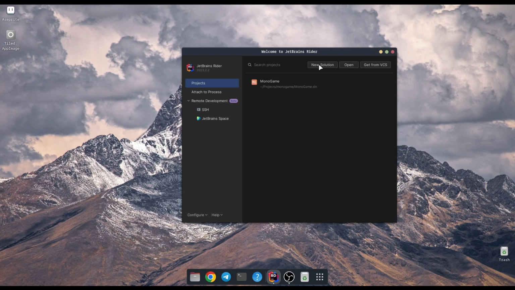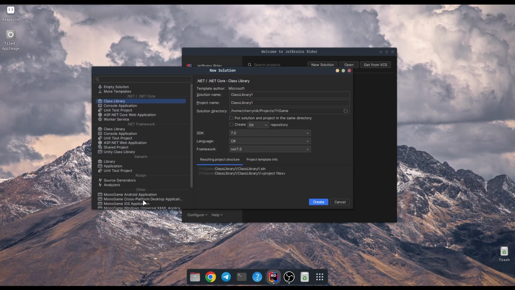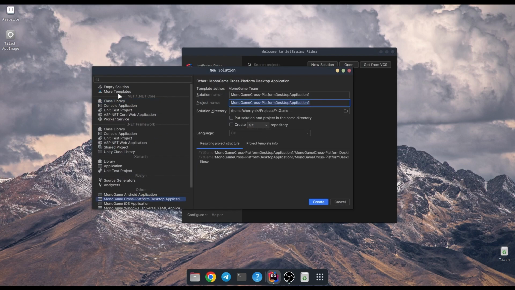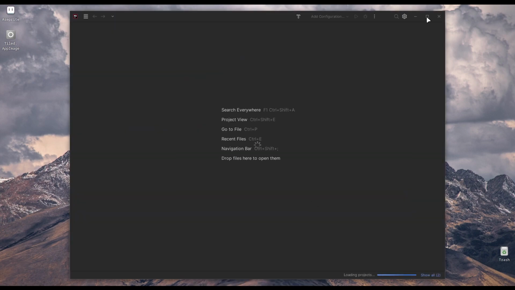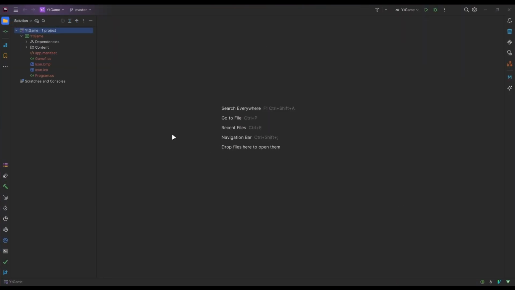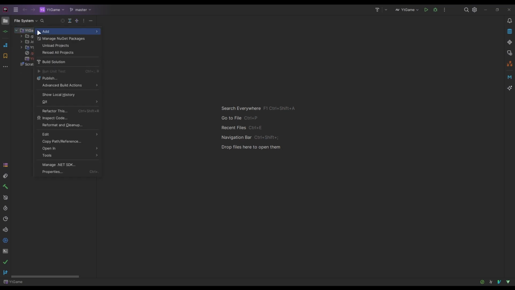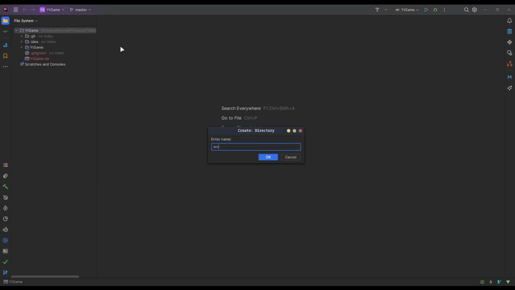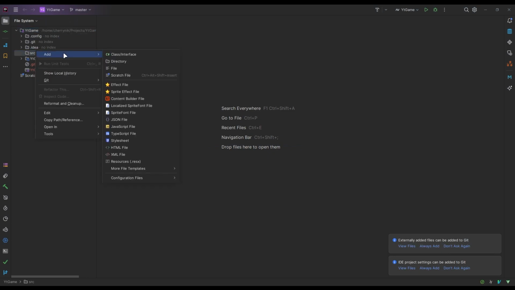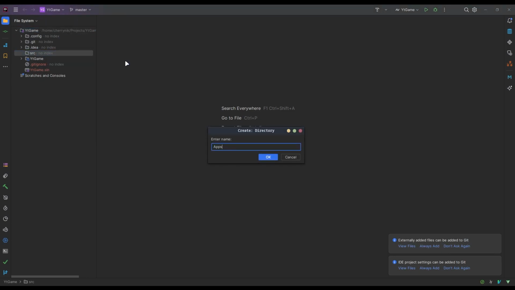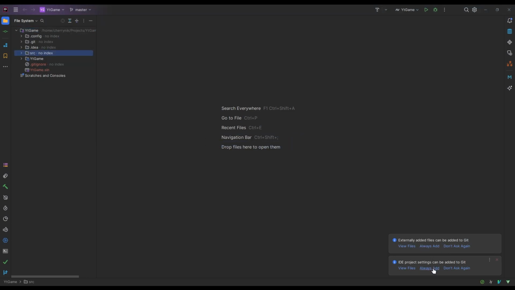After that, I'm running the Rider IDE, creating a new solution by clicking on the New button. Selecting the cross-platform option, as I'm developing on Linux and also want to run the game on my Windows PC. After the project has been initialized, I'm switching on the file system mode in the top left corner, creating the src directory in which I'll store all the project code. And there, I create two subfolders, apps and libs.